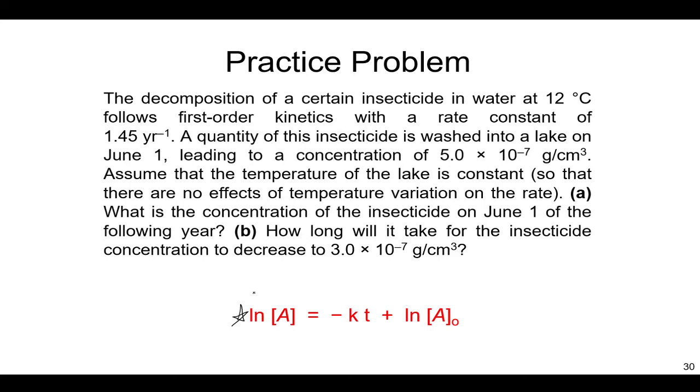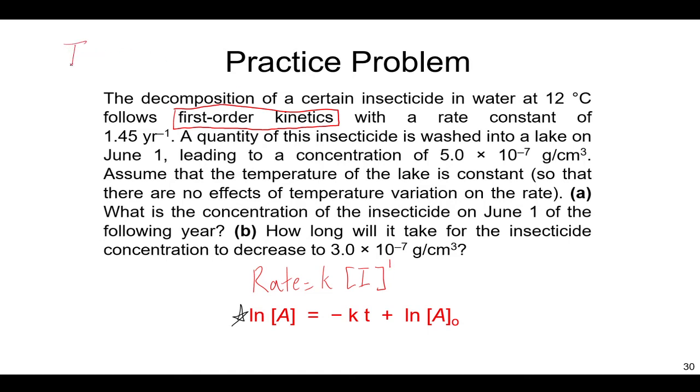Okay, so let's read through this and try to identify all the particular types of information we have here. The decomposition of a certain insecticide in water at 12 degrees Celsius follows first order kinetics. So as soon as we hear that this is known, we can write down a couple things, right? We can write down that the rate is K times this insecticide that is decomposing to the first power,